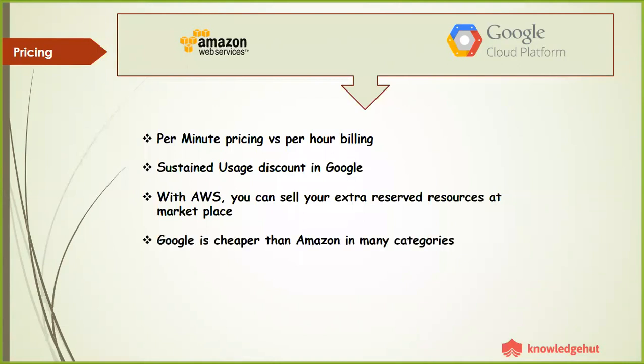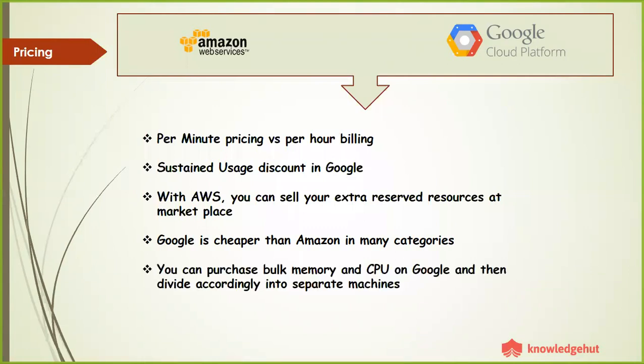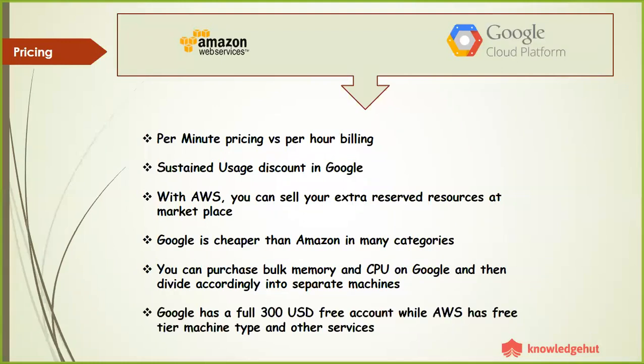That means you can do the same kind of reserved pricing. Roughly, Google is cheaper than Amazon in many categories. And you can purchase bulk memory and CPU on Google and then divide that capacity accordingly into separate machines. That is not possible with Amazon. And Google has a full 300 USD free account, while AWS has free tier machine types and other services. That means that if you want to try,